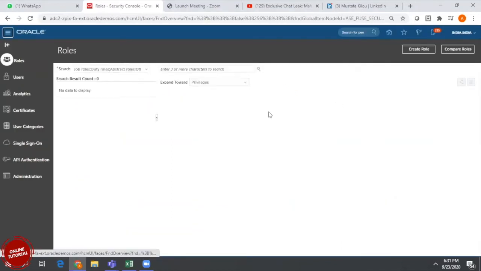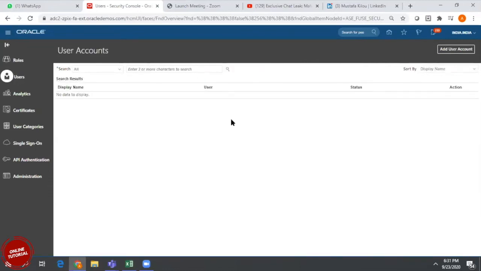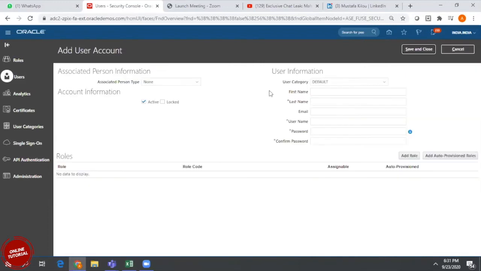Now I am creating my own user. Just click create user. Here is the add user account page. This particular page can be personalized.